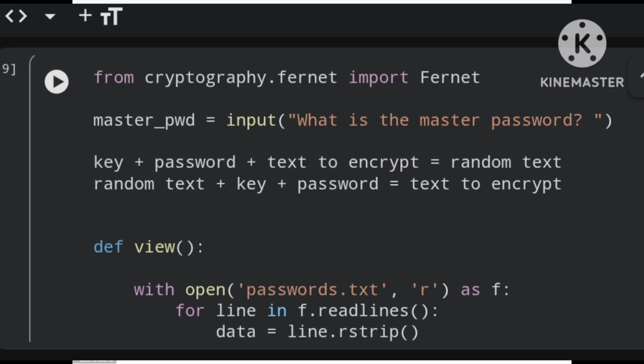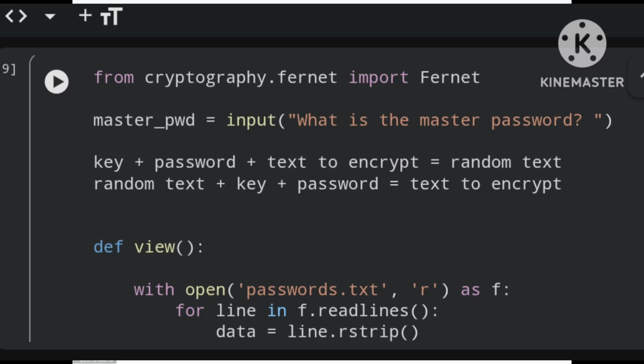So it is kind of key plus password plus text to encrypt equals random text. Okay, and then you have random text plus key plus password equals the text you encrypted. Now this is obviously a vast simplification of what is going on here, but that is kind of what we are going to